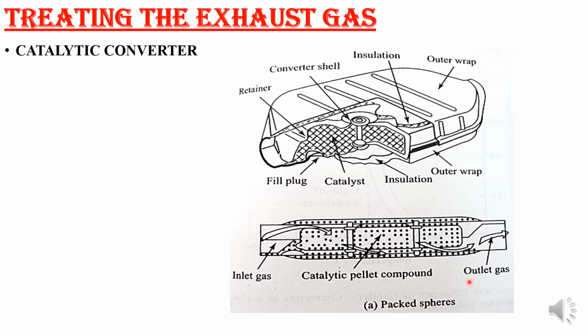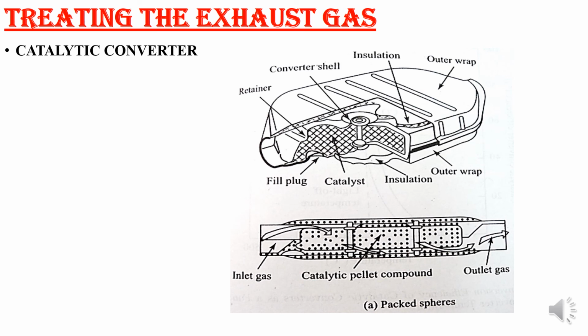Here two different catalysts are there. One treats HC and CO and the other treats NOx. The first catalyst promotes HC to unite with oxygen to produce H2O and CO2, that is, unburned hydrocarbon or CO is oxidized. So it provides more oxygen for burning of the fuel. And the second catalyst promotes